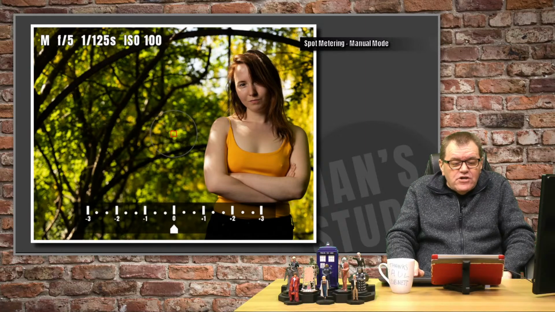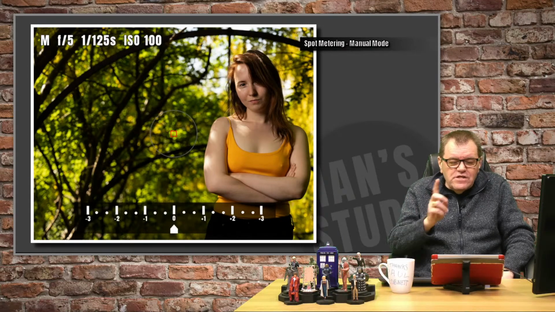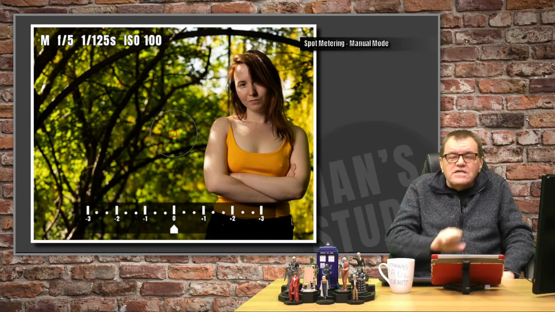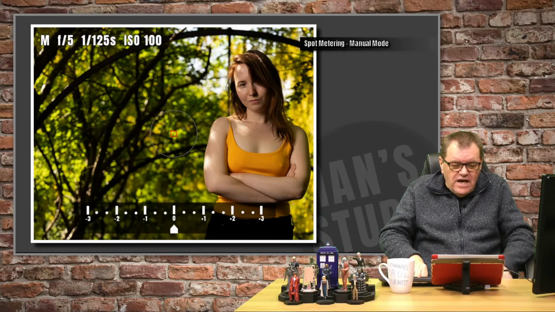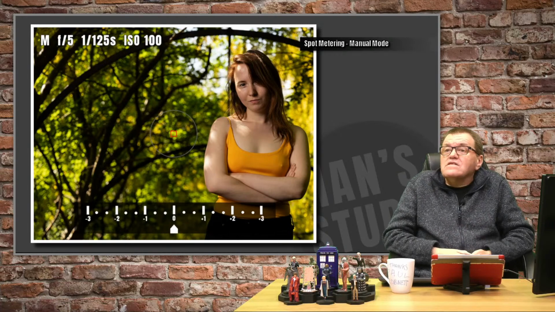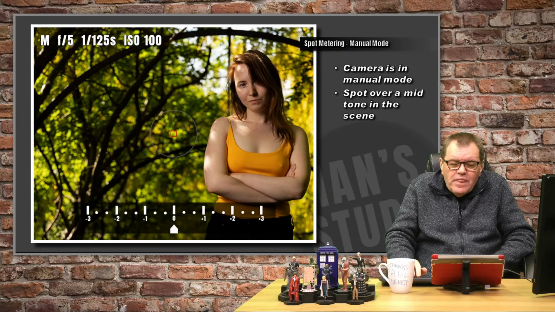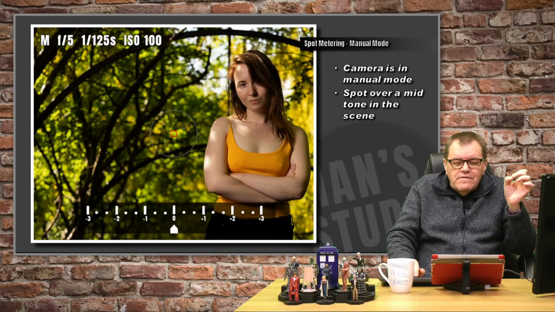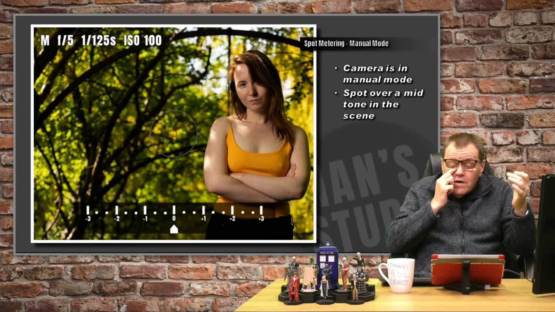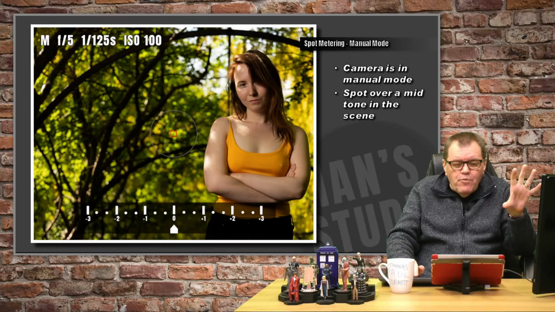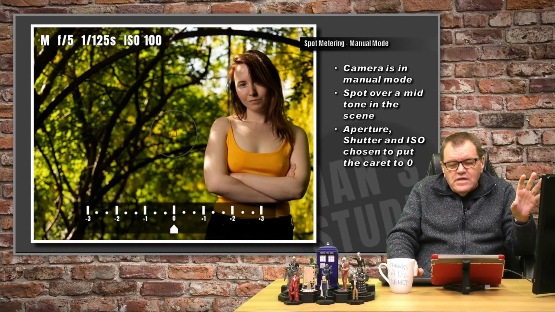And it's actually showing up, the little caret marker at the bottom is against the 0, which you would normally say is, well, hey, that is correctly exposed. Except that it isn't. The spot should be over a mid-tone in the scene, and it's over a point that isn't quite a mid-tone. So